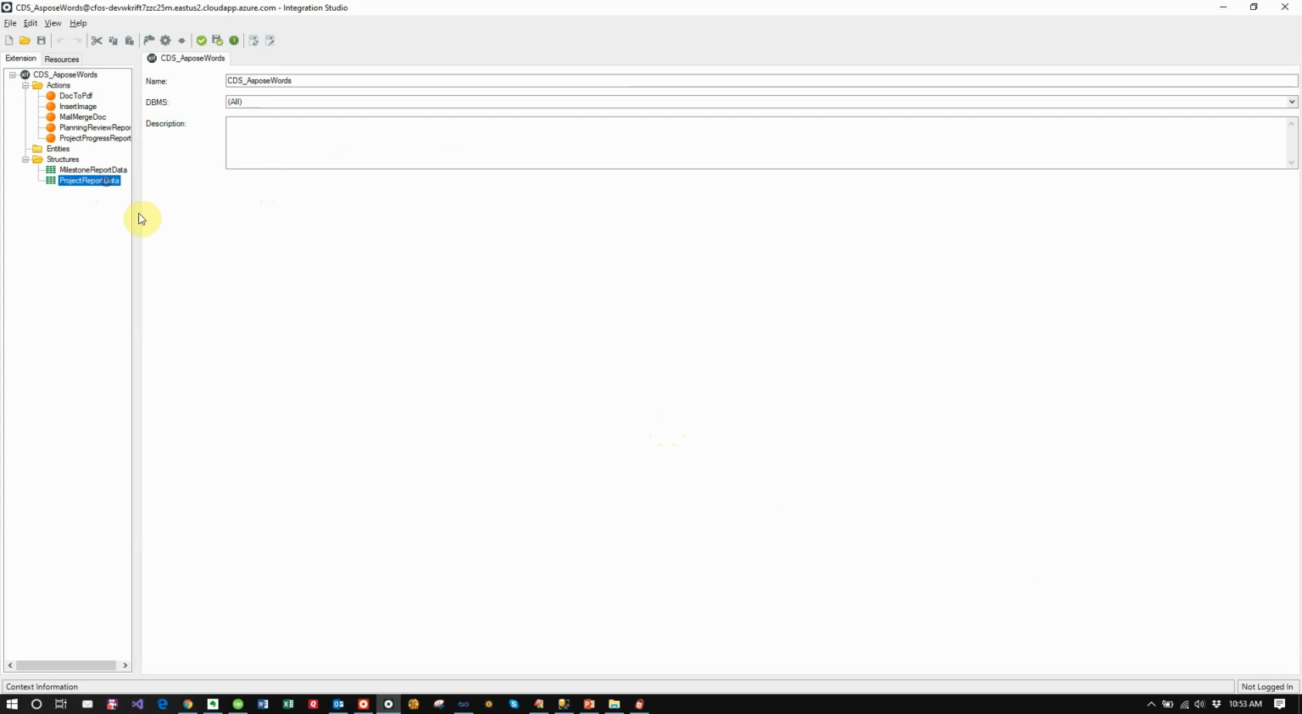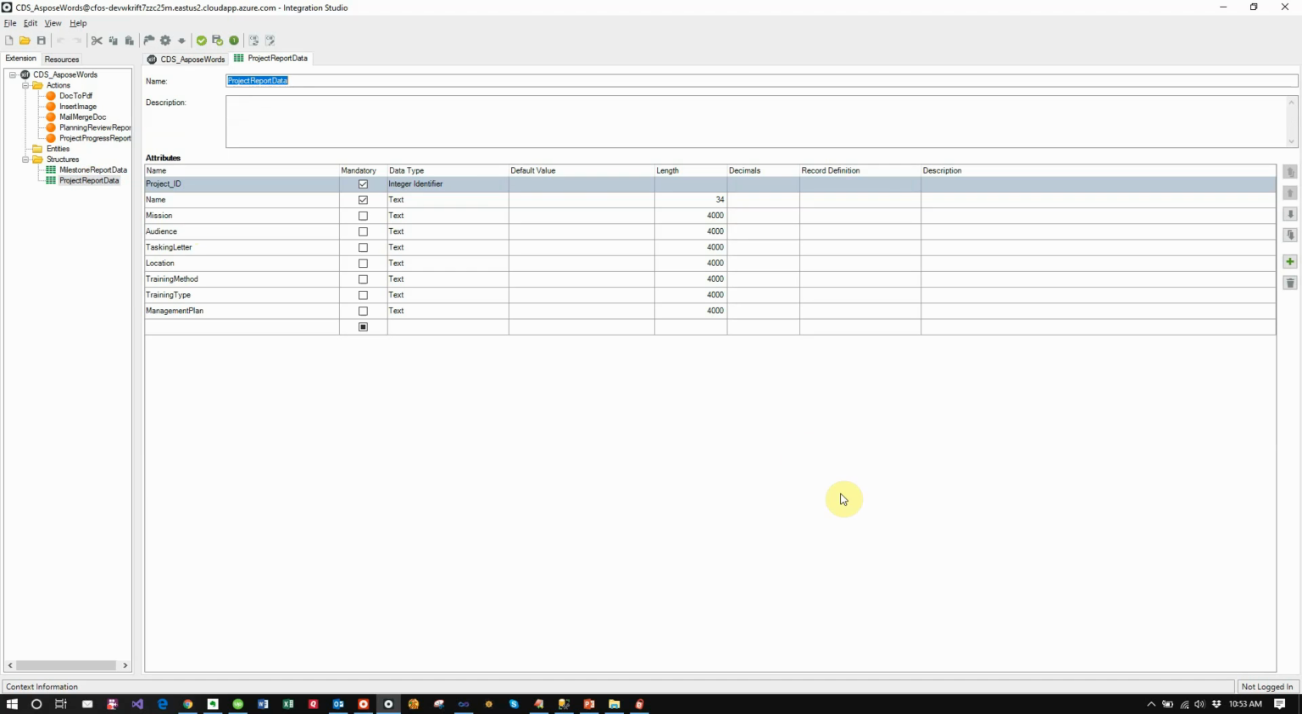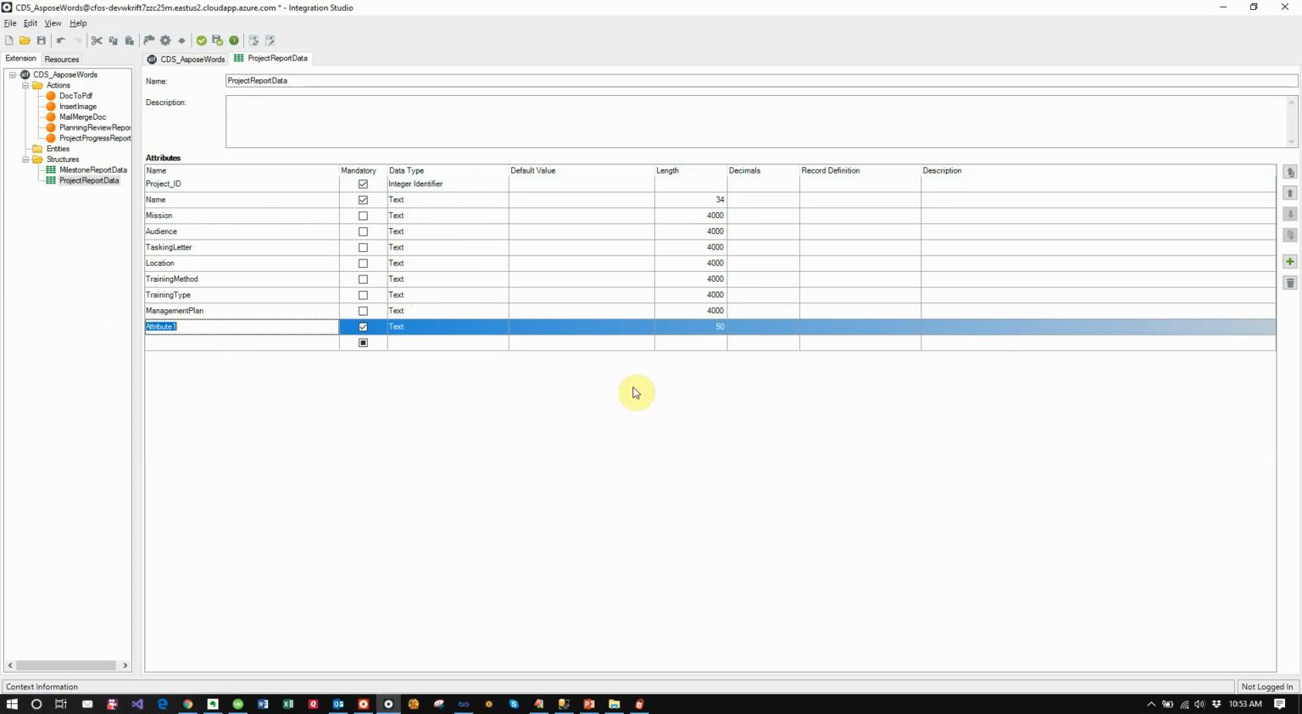Okay, and we're going to look at project report data, the structure here. And we can see we have all these identifiers. Notice that I have marked some of these as optional, not mandatory, because I'm not always going to use them. And we're going to do the same thing with our course number. So we're going to add a data type here of course number. We're going to make it not mandatory. And let me look up what our data type is,